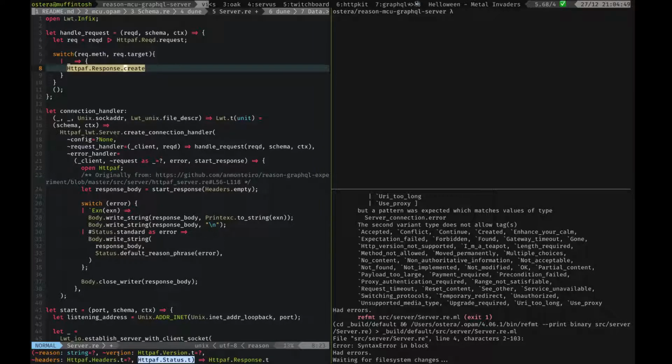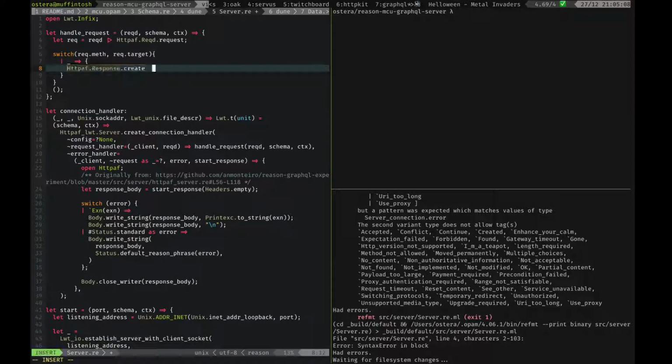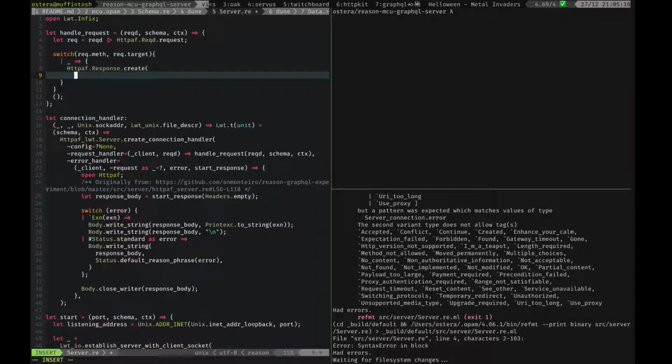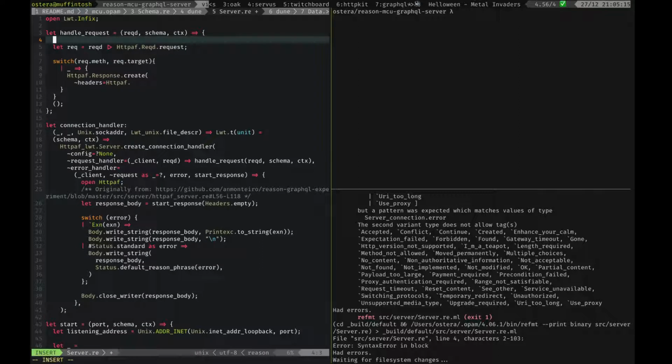But of course, if you want the client to know that it has received the full response, you need to give it some header, at the very least content length, so that the client will make a request, and when it gets the data back, it knows, oh, there should be 0 bytes here. And so we can do this by saying headers, and then there is a module called, I'm going to do a local open here,